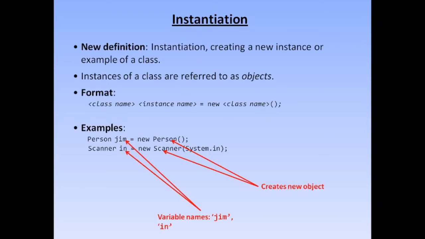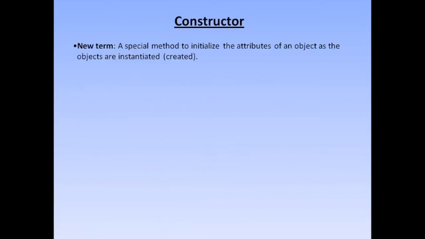As you can see in this example, we are providing some value inside it. This is Scanner and this parenthesis is known as the constructor. Here nothing is passed. When nothing is passed, the constructor is known as a default constructor, and it is handled by Java itself. Now in this case something is given inside it in order to initialize the attributes. So in order to initialize the attributes when creating a particular object through a constructor for a class, we are making a constructor.